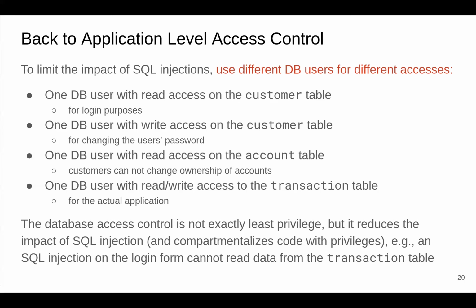Right, so you have contained this pretty much, and each user will only be used in a small part of your application logic, allowing you to also contain faults. So if there's bugs in your application, this user is only going to be used in one part of your application, this user in another part. So you've kind of contained it to somewhat least privileges. It's not exactly least privileges because you're still over-approximating across many different users, but it kind of reduces the impact of SQL injection and potential other attacks.